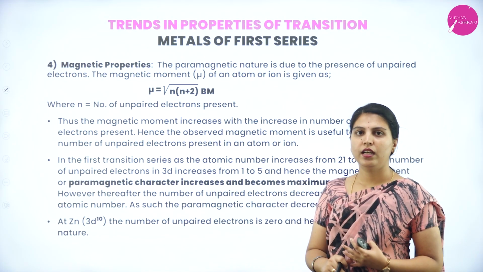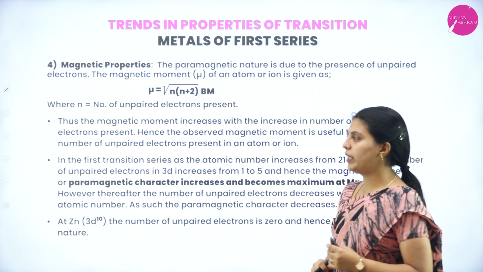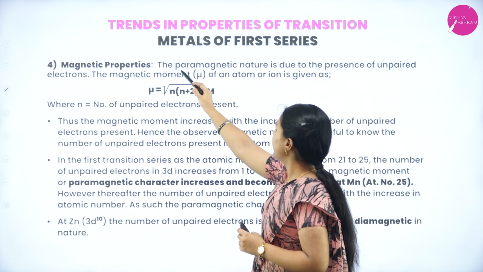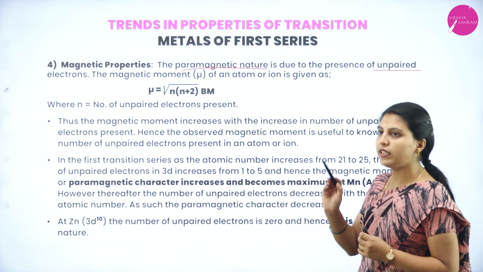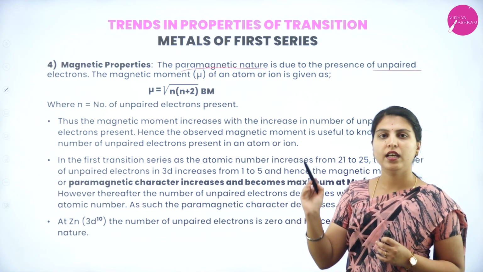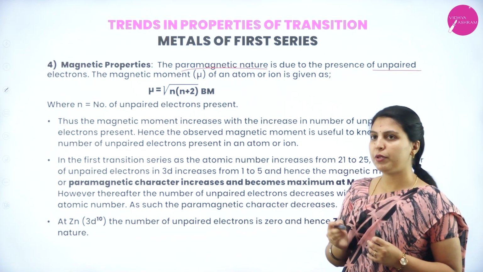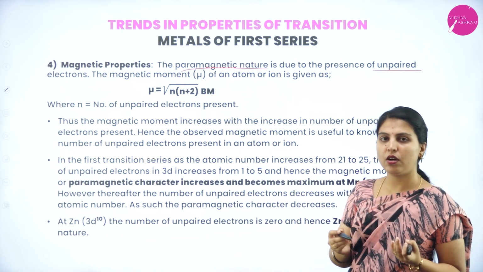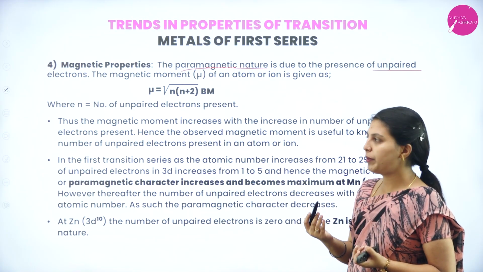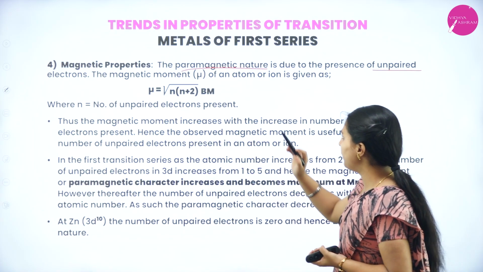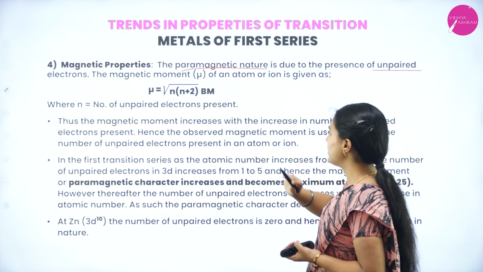Next trend, that is magnetic properties. The paramagnetic nature is due to the presence of unpaired electrons. Whenever unpaired electrons are present, those properties are called magnetic properties or paramagnetic nature. The unpaired electrons will be calculated by the magnetic moment mu of an element or ion, which is given as